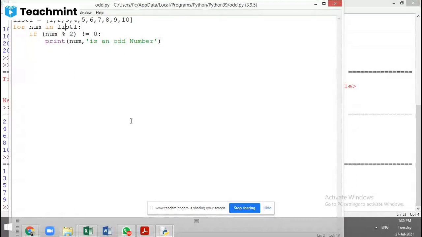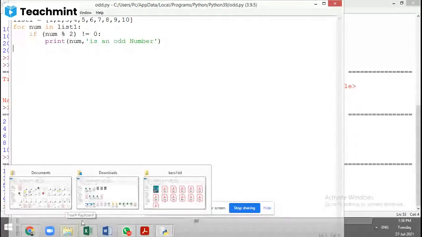Sir, if we have to print odd numbers between 1 to 1000, then we have to write all the numbers in the list. No, we have the range function for this. The next topic is range only. We need not write this much. This is actually known as hard coding. So I'll take range in the next class. Okay, so I have a few more programs.